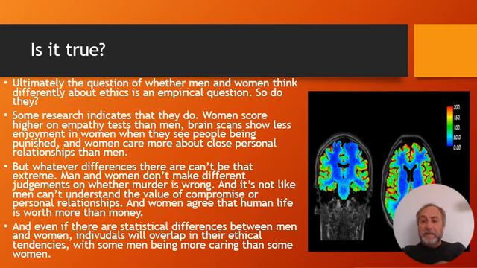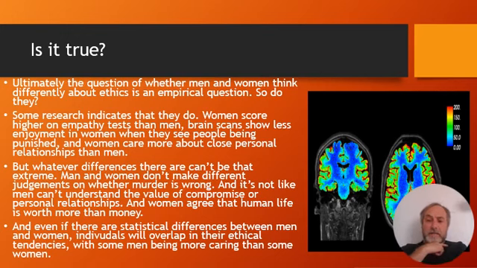You can put people in an MRI machine that measures blood flow to certain areas of the brain, which is indicative of that area of the brain being more active. And we know generally which areas of the brain are responsible for various things. The areas of the brain responsible for pleasure seem to be more active in men when they see people being punished and less active in women, which seems to also indicate empathy, right? That they're able to take the perspective of the person being punished and therefore find it less pleasurable. So, just a couple of examples.